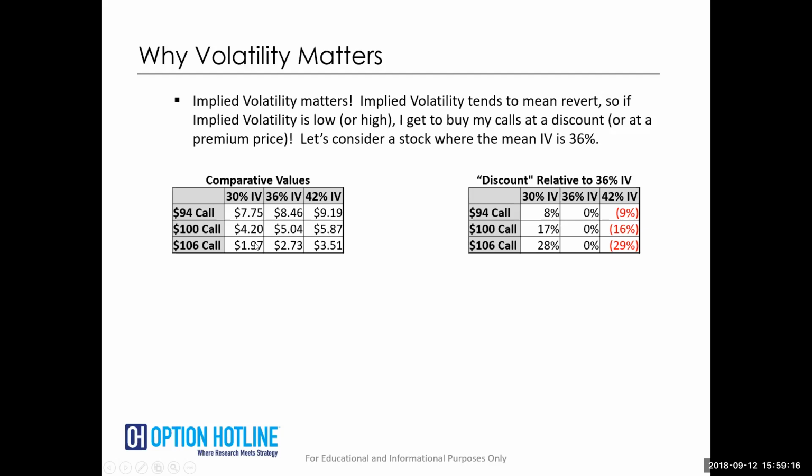Or the big extreme is when I see something that I think should be up at 42 vol and it's down to 30. So instead of being worth $3.50, it's under 2. So for my $1,000, I can buy less than 3 here, or I can buy 5 here. That's buy 3, get 2 for free. That's the clearance market. That's the clearance sale. That is me walking in to Nordstrom, going over to the clearance rack and finding something that I wanted desperately, and it just happens to be on sale 60% off of what I think it should be for.